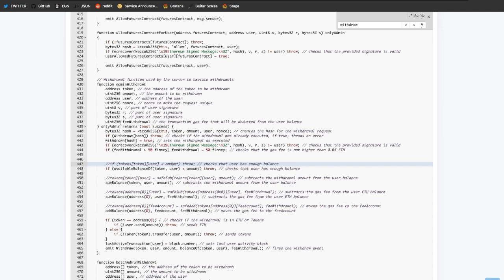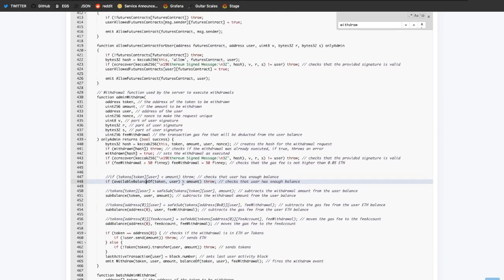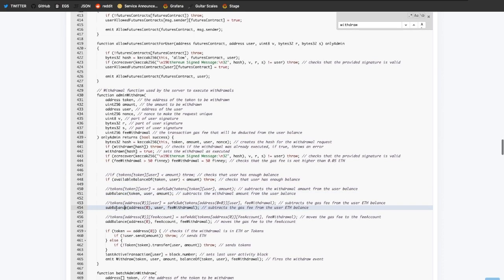So when a user tries to withdraw funds from the user interface, he will be asked to provide a signature for the withdrawal, and the signature will include the amount the user wants to withdraw. And again, the same operations will happen. The contract will verify that there is available balance on the user's account, will subtract the balance, subtract the fee, which is the gas fee to record the transaction, and will perform the